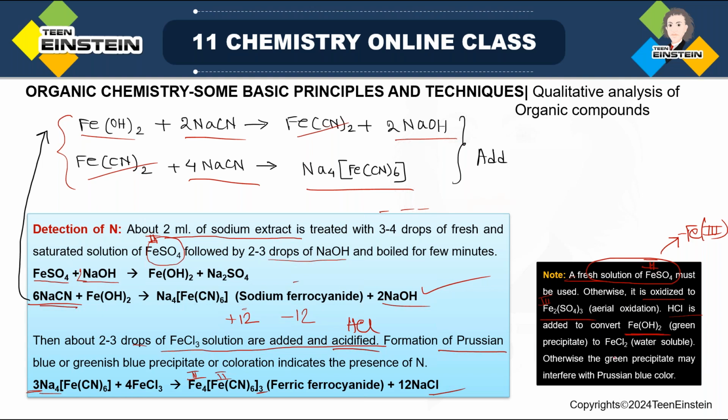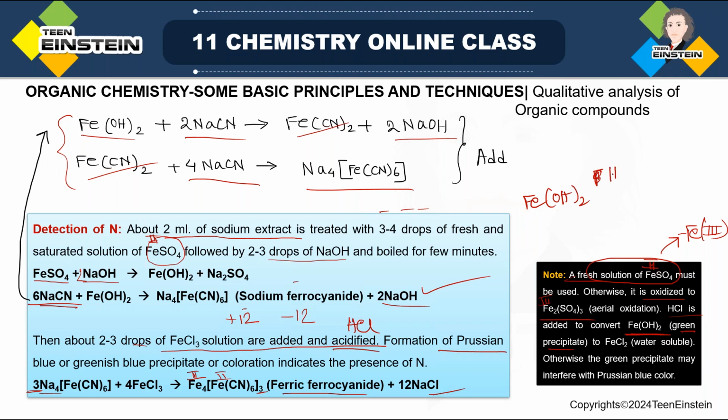HCl is added to convert this ferrous hydroxide, which is basically a dirty green precipitate. Now, if it is already present in the medium, and you are trying to observe this ferric ferrocyanide, which will have a greenish blue or Prussian blue precipitate or coloration, there may be some interference, because this is also greenish blue, and Fe(OH)2 is also a green precipitate. So just to avoid this problem, we add HCl, so that HCl reacts with Fe(OH)2